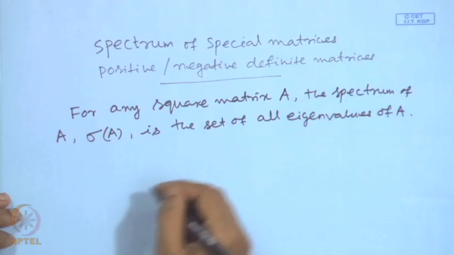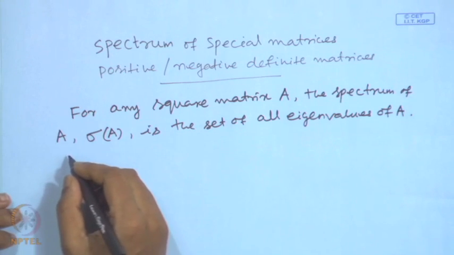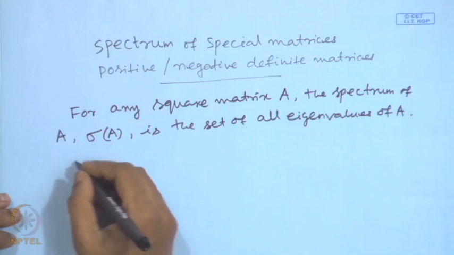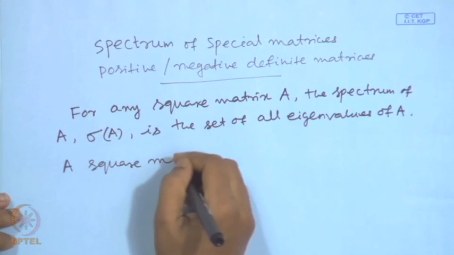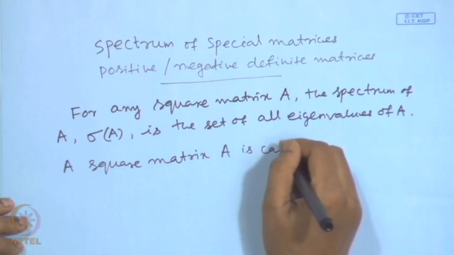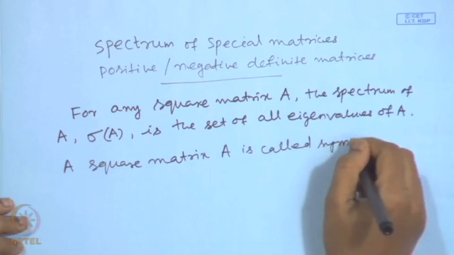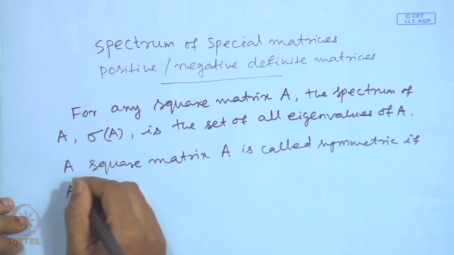So, here we shall discuss the nature of the spectrum of some spatial matrices like Hermitian matrices, unitary matrices, etc. So, first recall that a square matrix A is called symmetric if A transpose is equal to A,